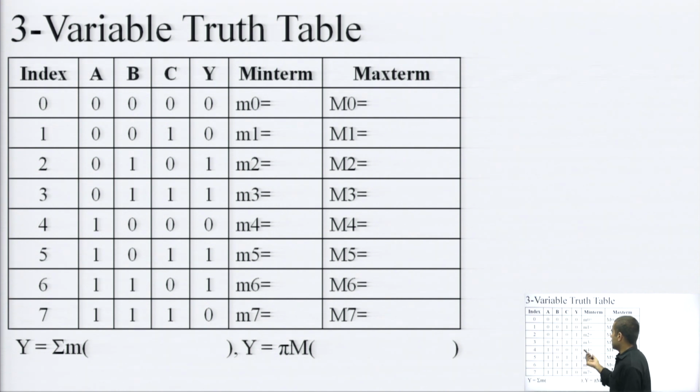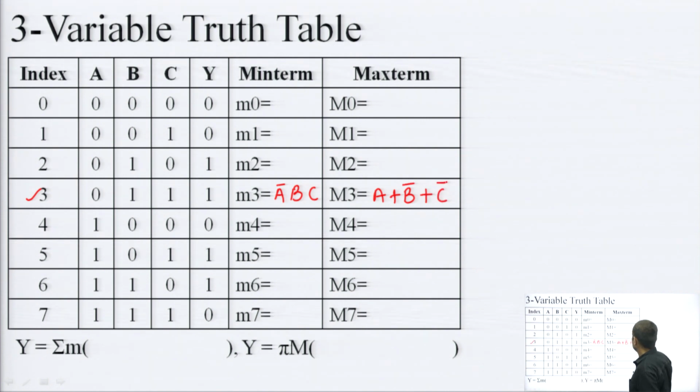Minterms we can write for any sample case. If you want me to write the minterm for this case, it is having 0 1 1, that means A is 0, that means A bar, and B and C are 1. So, B and C. Similarly, if I write the maxterm for this, then the things will be complemented. Then this 0 will be treated as A, and 1 will be treated as B bar, and this one will be treated as C bar. So, this is the maxterm. So, in this way we can write any of these terms in the form of their minterms and maxterms.